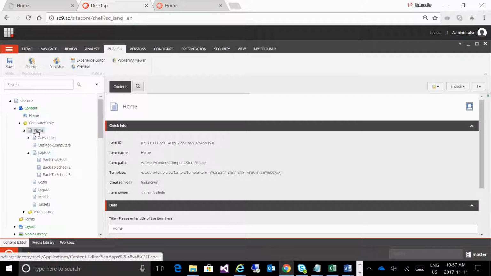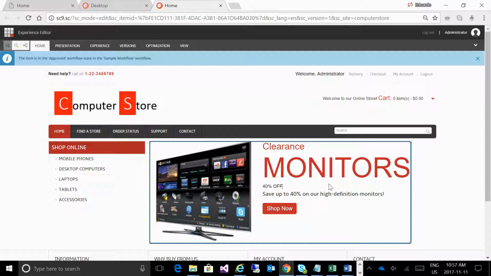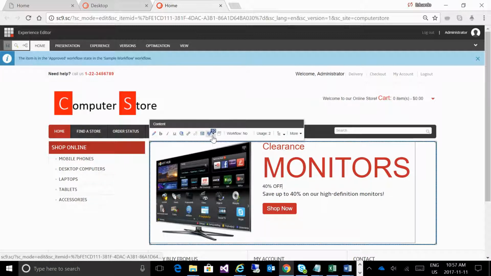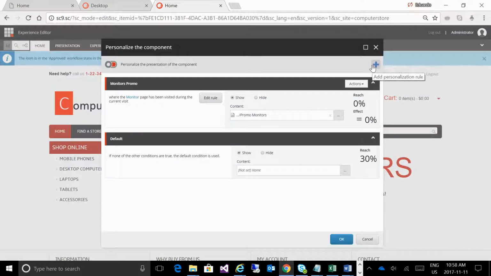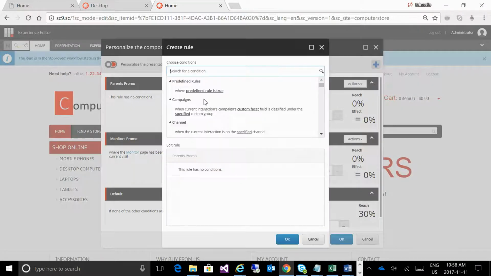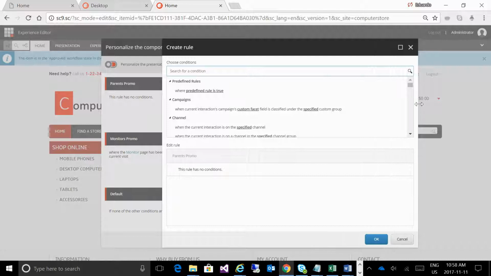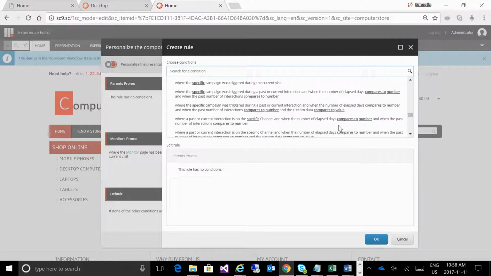We go back also to our home page, switch to Experience Editor, and we're going to add our second condition or personalization rule. We're going to add a new personalization rule. We'll call it Parents Promo. Edit the rule. And for this one, again on visit, we're going to select whenever,